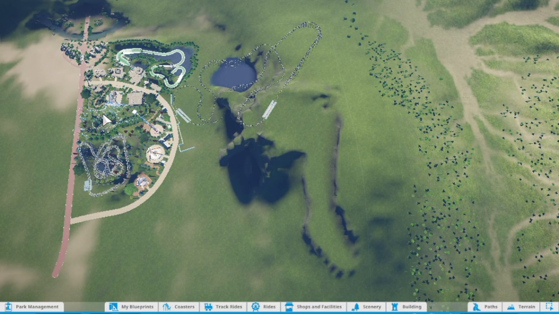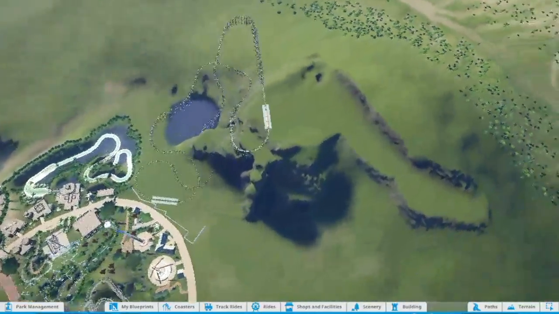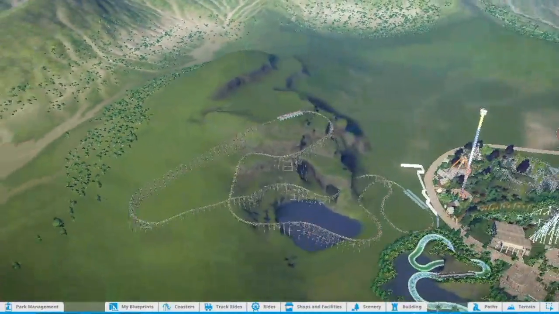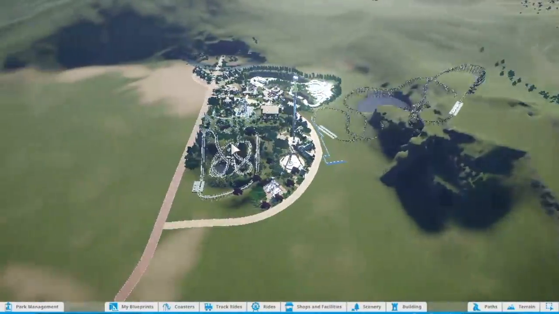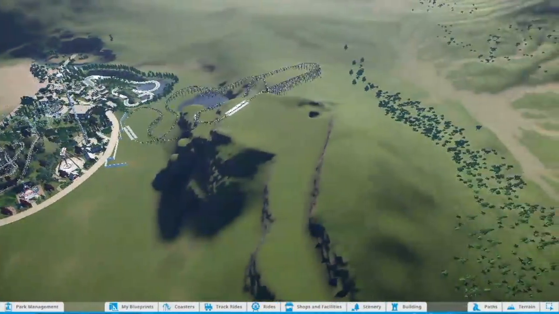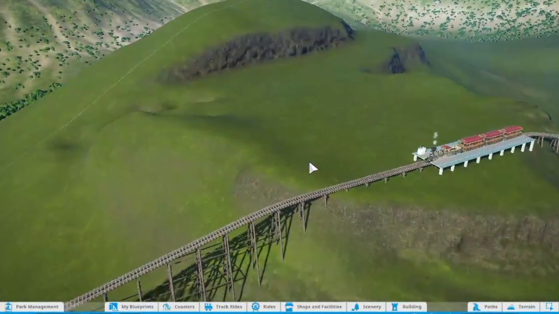Okay guys, so last week we started what is going to be the Fantasyland. We built the construction walls, we blocked off a whole section of the park. This is going to be a large portion of this park, probably one of the best. We're going to be spending a few episodes on this. As I said, we still haven't finished that coaster, but we also worked on this train ride up to the top